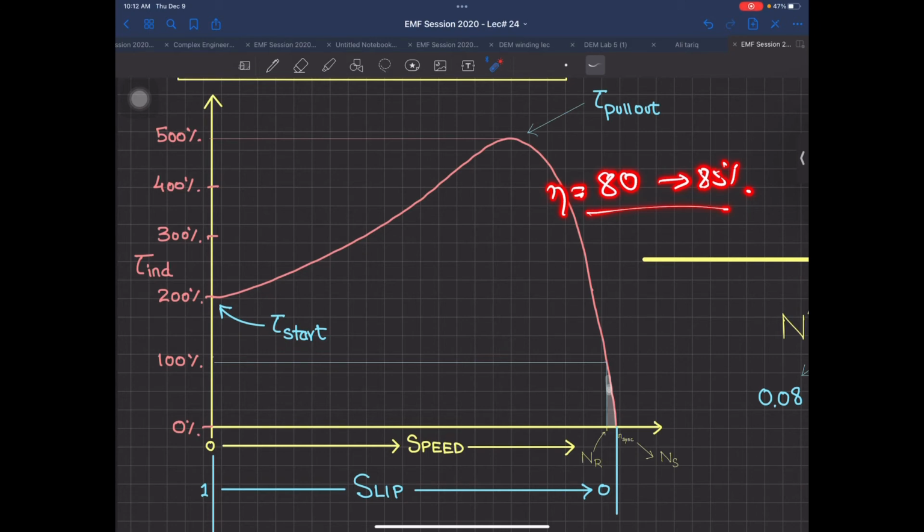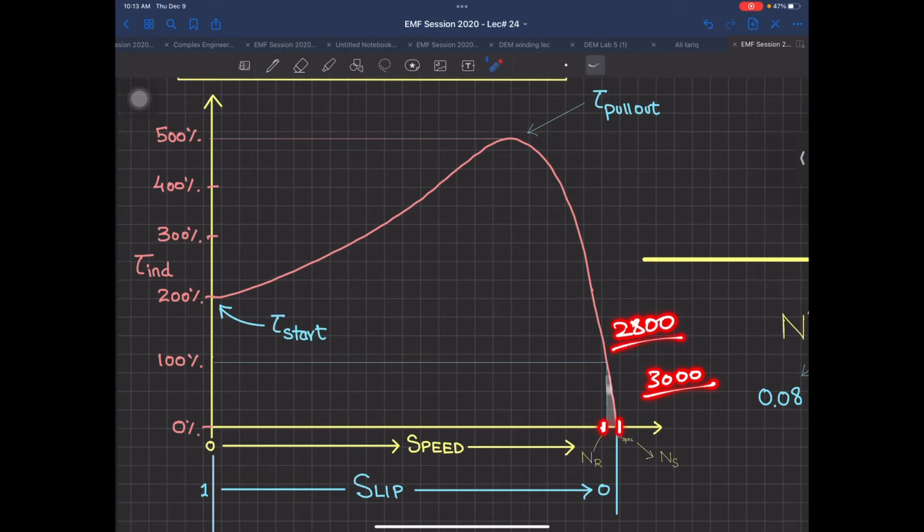Secondly, there is no maintenance. In a DC machine, you had to give carbon brushes, and carbon brushes will be eroded off. And thirdly, very, very important, the speed regulation is so small that your machine is virtually working at a constant speed. Because if this NS is supposedly 3000 RPM, this NR, the full load, will be approximately 2800 RPM. So just a drop of maybe 200 or 180 RPMs.